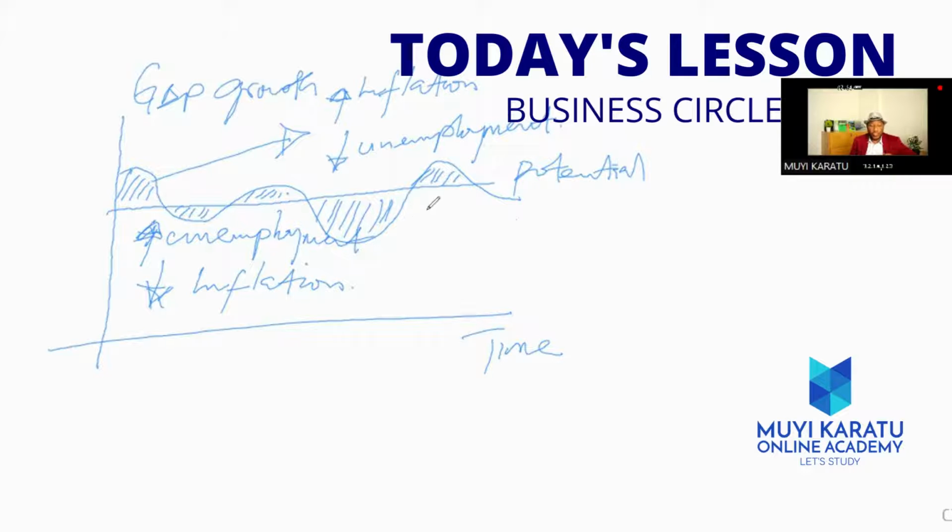But what we're going to do is look at the data and see how unemployment has gone up over time and how inflation has gone down over time and how GDP also goes up and down. When GDP goes up above potential, that's when you experience a positive output gap and inflationary problem. And when GDP goes down, that's when you experience what is called a recessionary gap, which is going to be an